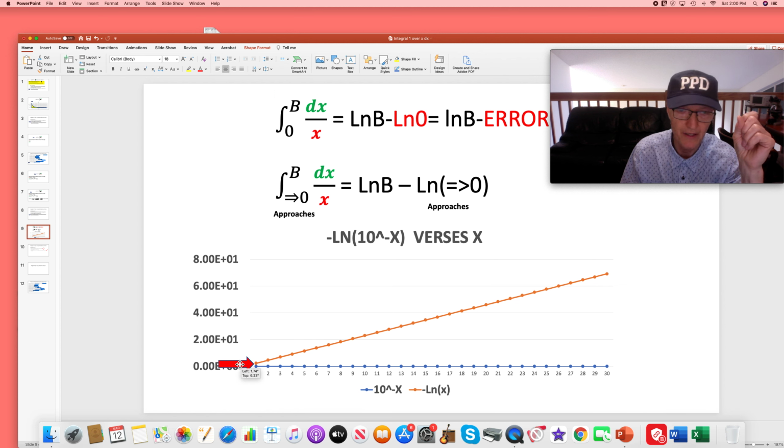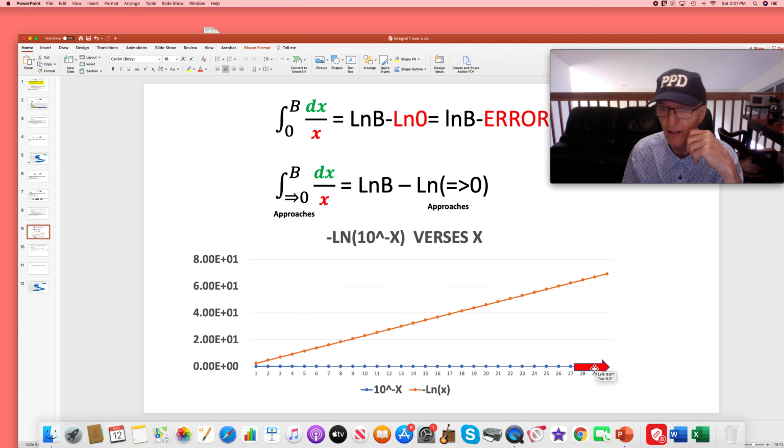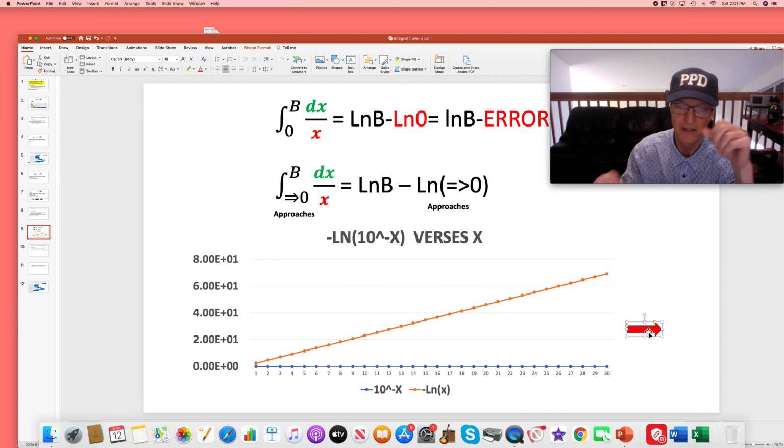What you see is that it goes up linearly for one, which is a bit of a surprise for some of us. But you go all the way down as this number, 10 to the minus x,